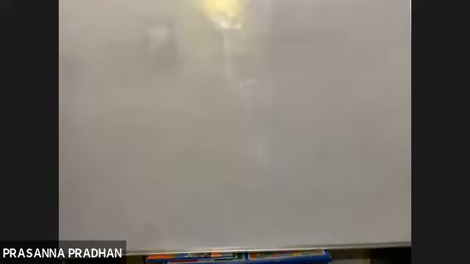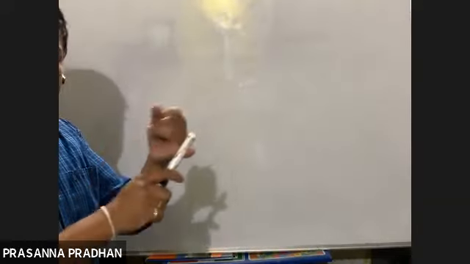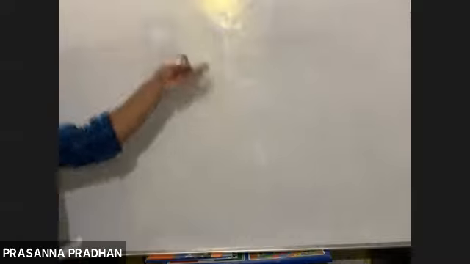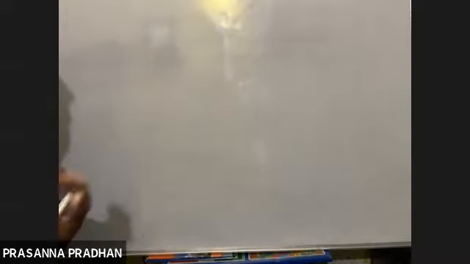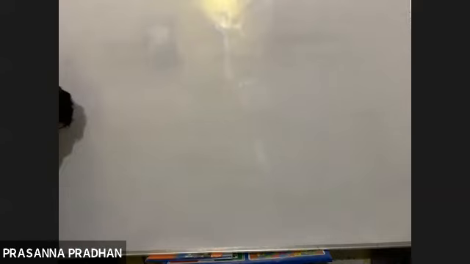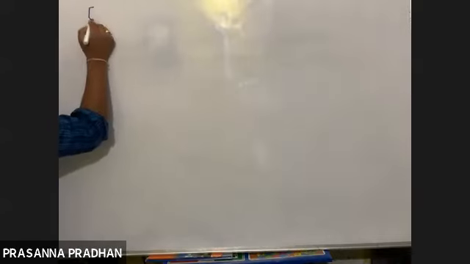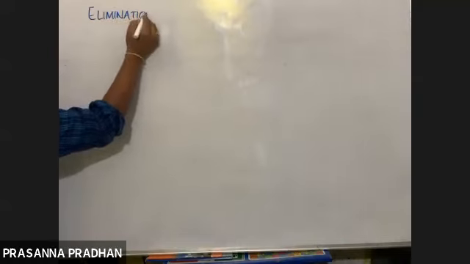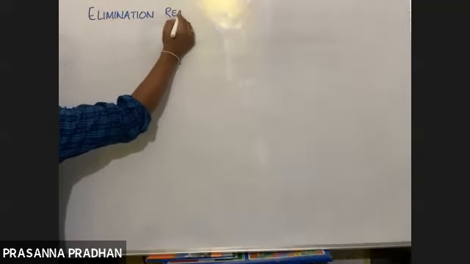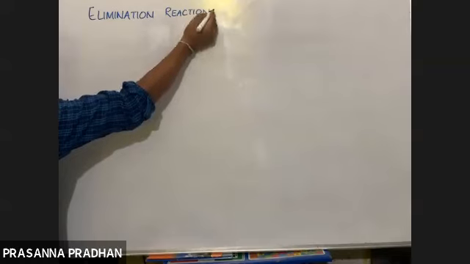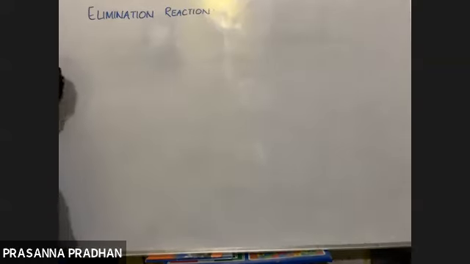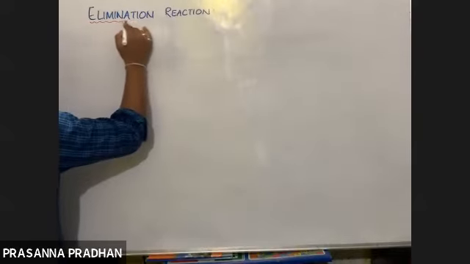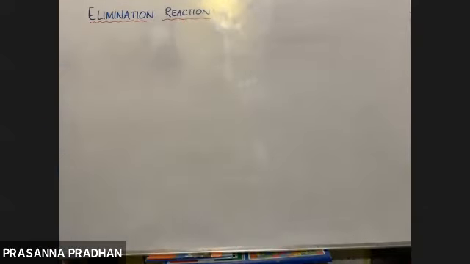So today there were 3 reactions. We have finished reaction with metals. We have done nucleophilic substitution reaction, a big topic. Now I'm going to straight away move towards elimination reaction. What is an elimination reaction? What is formed? What are the products? So this is the third reaction undergone by alkyl halides, elimination reaction.